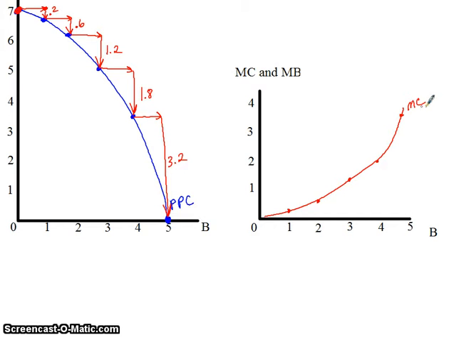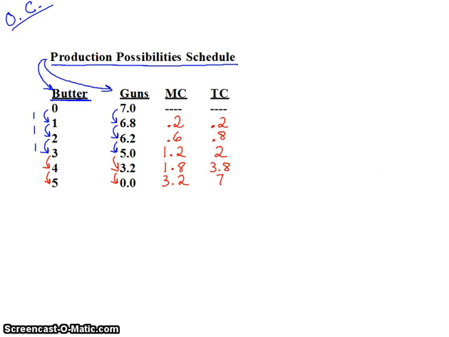So the marginal cost curve is really just graphing the slope of the production possibilities curve. It's the change in the butter compared to the change in the guns. Okay? The marginal cost curve is derived from the production possibilities curve. Now, we still have not answered the question. What amount of butter? What combination of guns and butter maximizes his utility? Sorry, it should be right here. What combination maximizes his utility? We will deal with that on the next